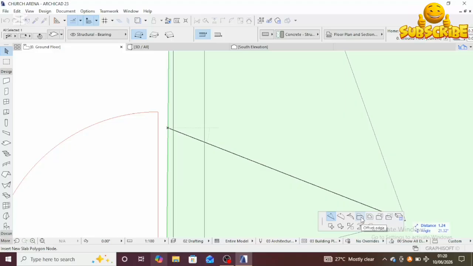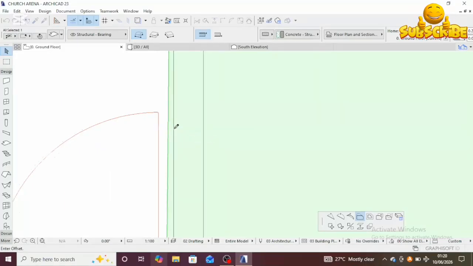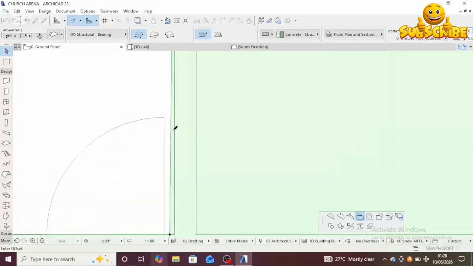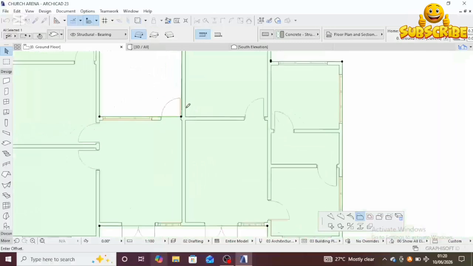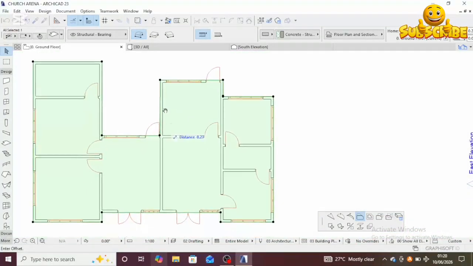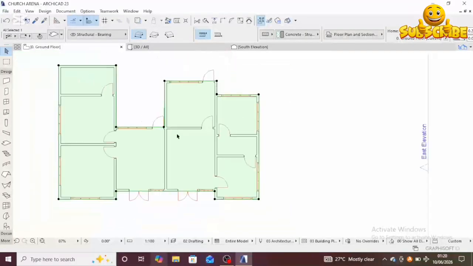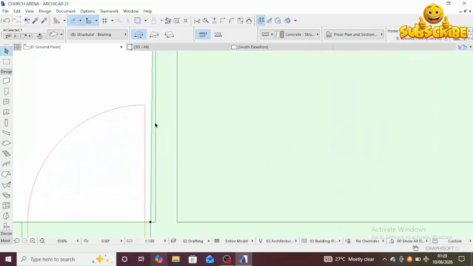Okay, let's click on offset edge and see how it works. If we click on offset edge, it means that we want to offset just one side like that, which is the side that has a problem. But what I want us to do is subtract it. So you come back, you click on escape, you come back, you click here,